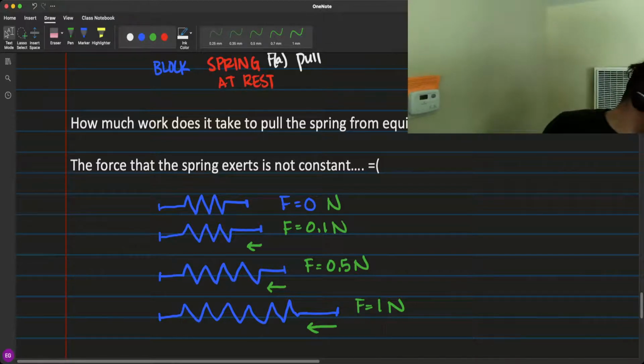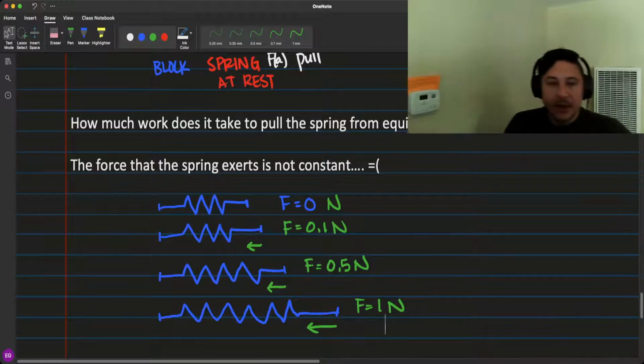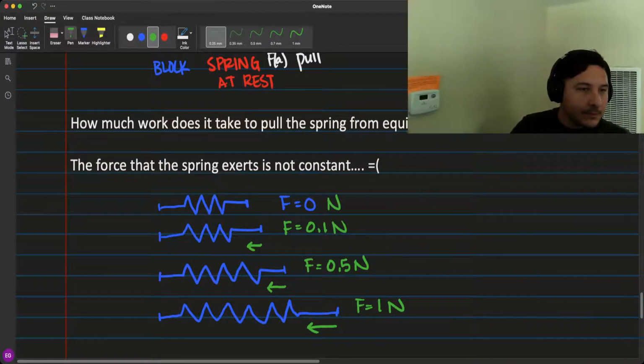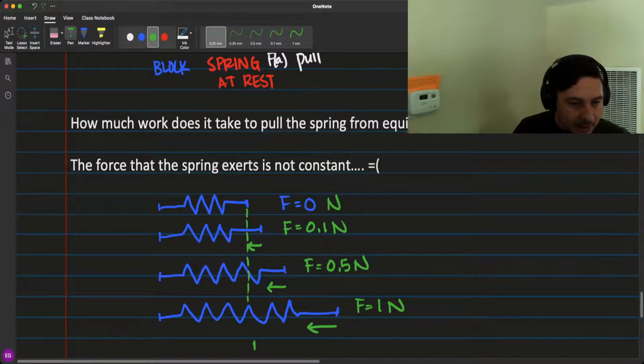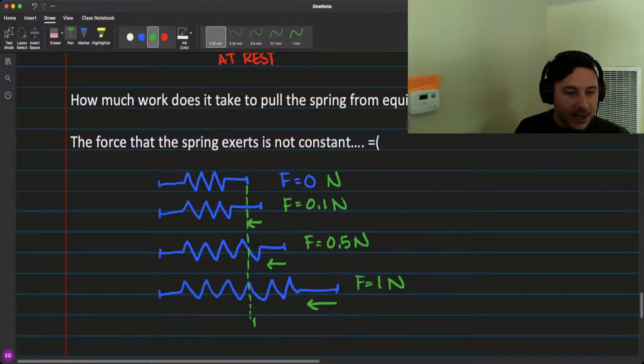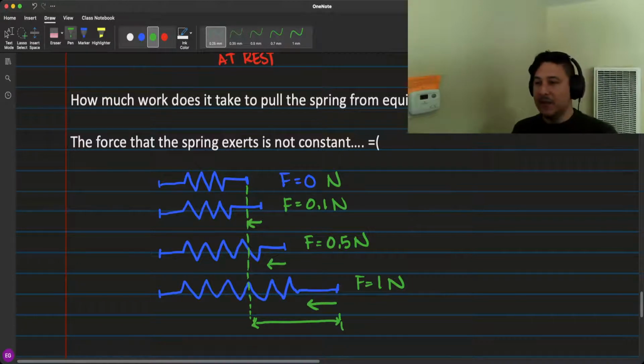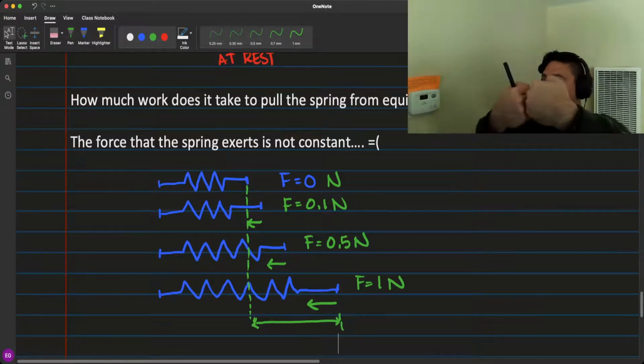So we're wondering, how are we going to do this? Basically, this is what we're going to do. The total change in distance, because remember it started right here. It started right there, and then where did we end? All the way over here. Does everyone see that was the total change in distance, the total distance the end of the